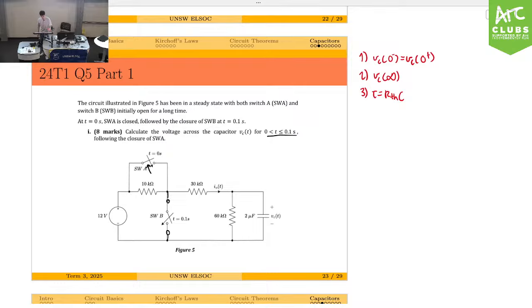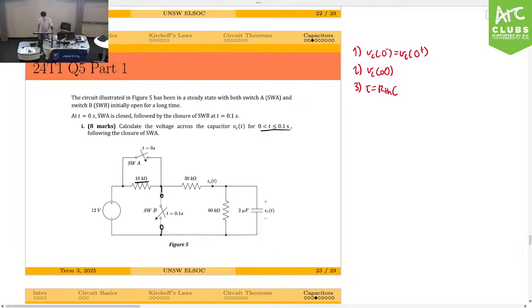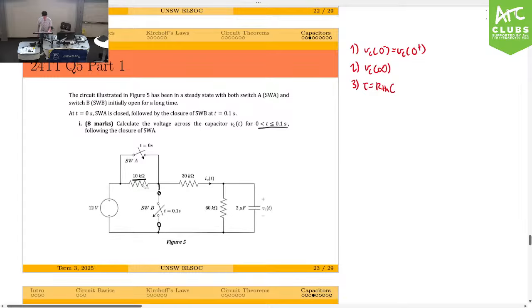So before this is flipped closed, that means before t equals 0, our 10 kilo ohm resistor is not shorted, because once we flip on the switch, this becomes a wire, and this shorts the 10K. So before then, we've got the 10 kilo ohm resistor, we've got the source, and then we've got the 30 kilo ohm resistor, and then the 60 kilo ohm. So really, it's just one loop. Oh, actually, no, it's two loops. No, it is one loop, my bad. But